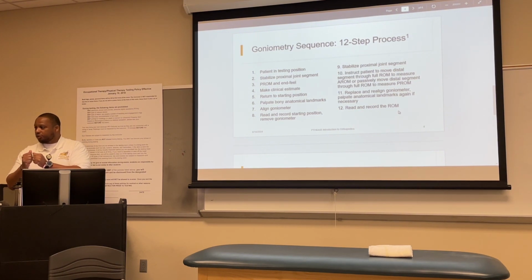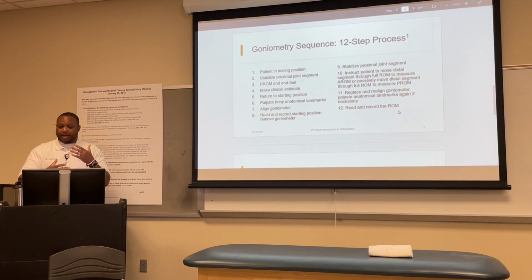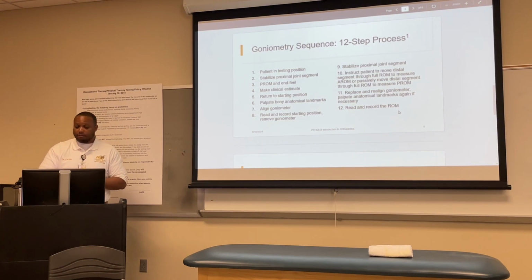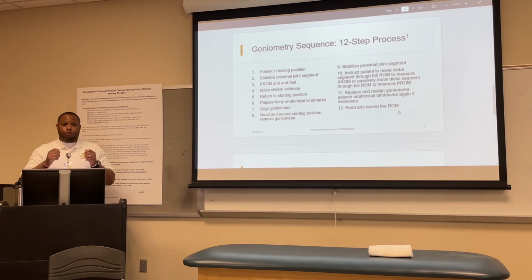It could change, okay? It could change. There's probably going to be some little minute movement, which is going to allow the reader not to be as accurate as it could possibly be. So keep the goniometer in place. Now, if you remove the goniometer and you read it,